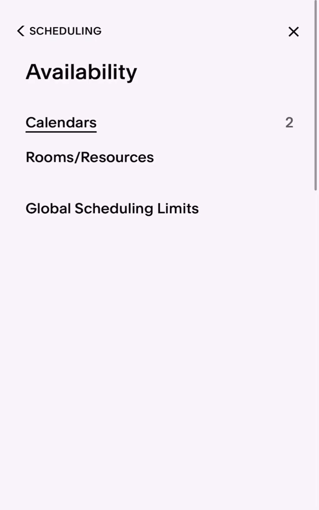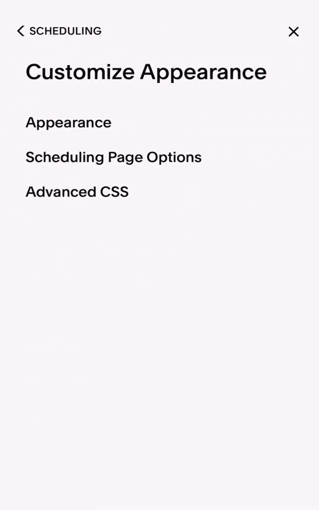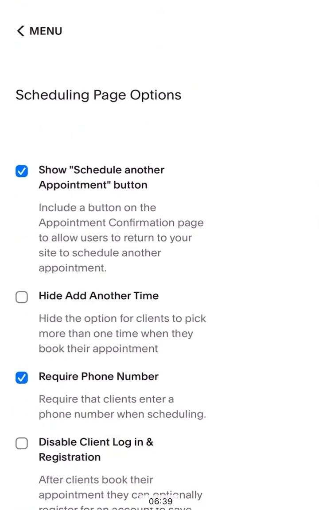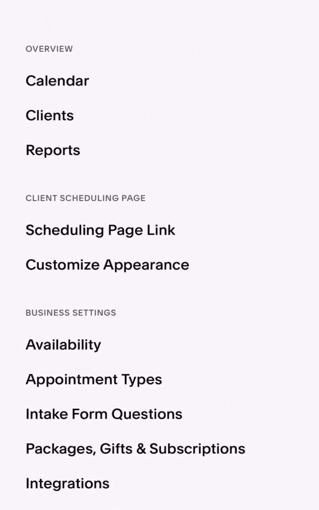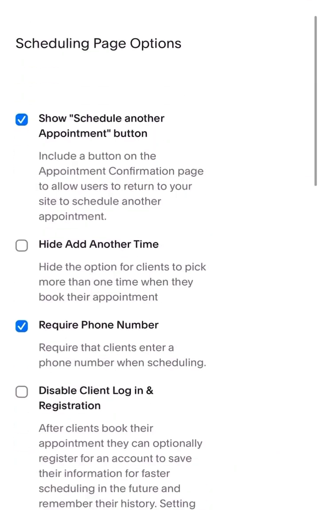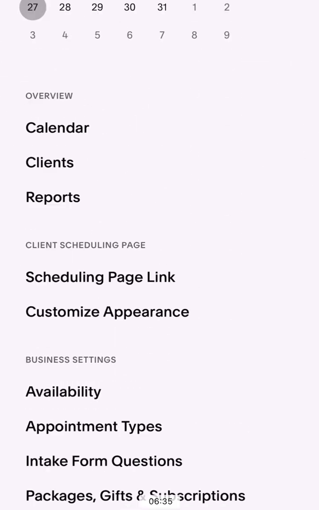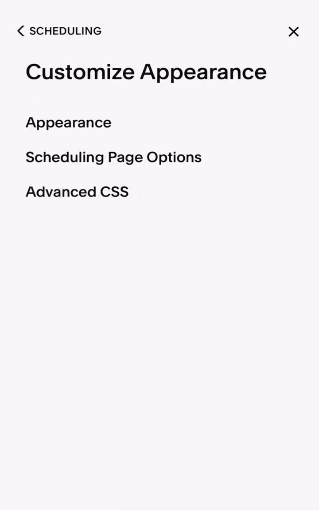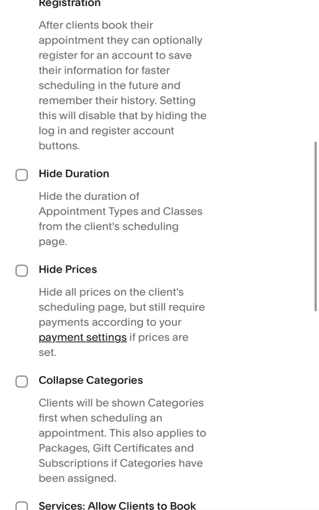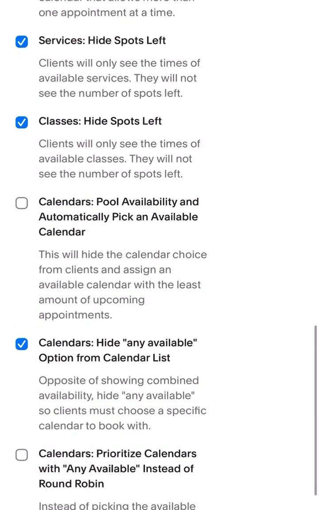Okay, so I'm going in and I am collapsing the categories. So in order to collapse the categories, you're going to go to customize appearance, scheduling page options, and then you're going to click collapse categories. Put a check mark next to that to collapse the categories, just to clean it up just a little bit,